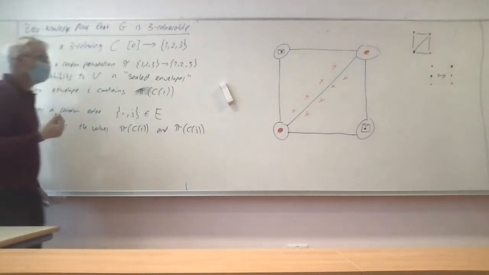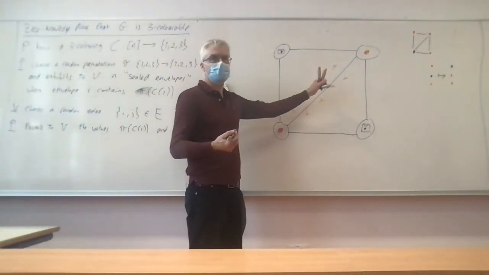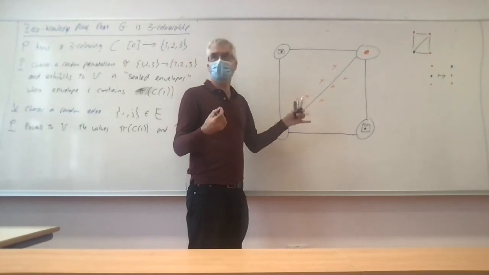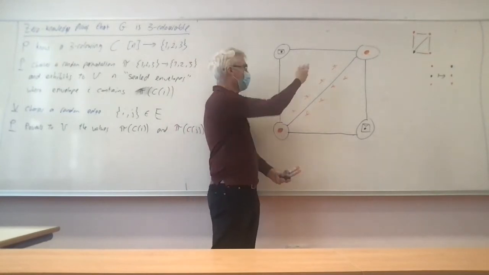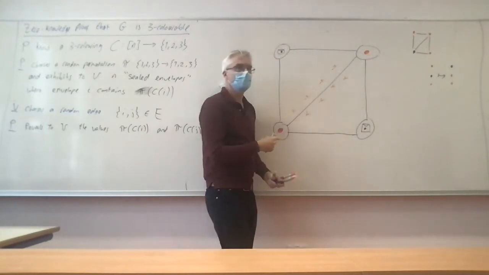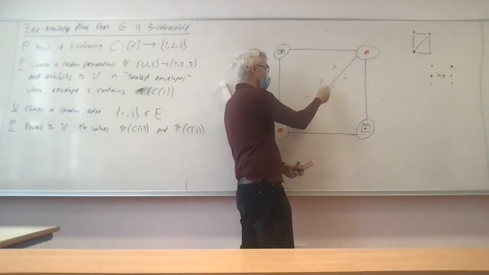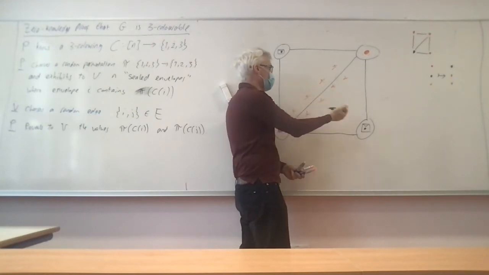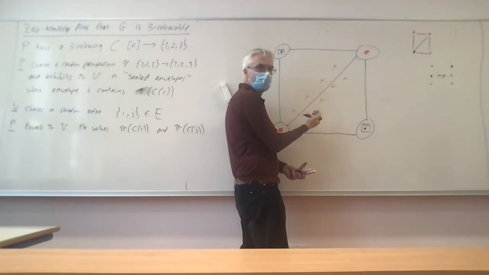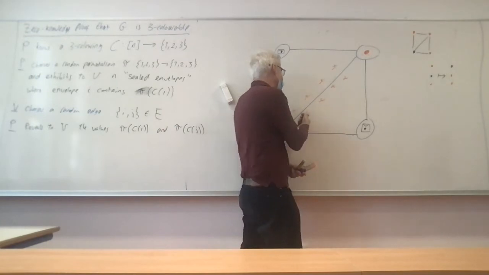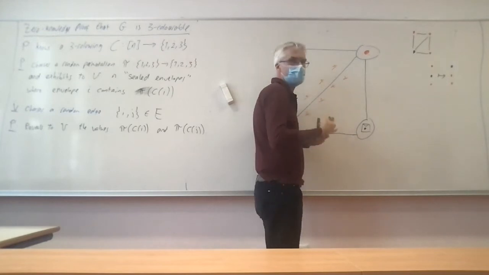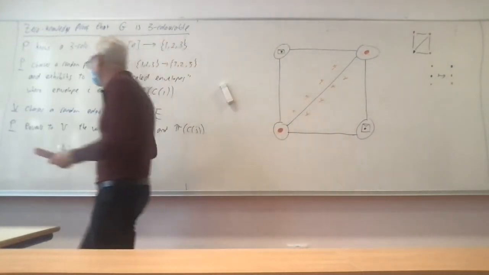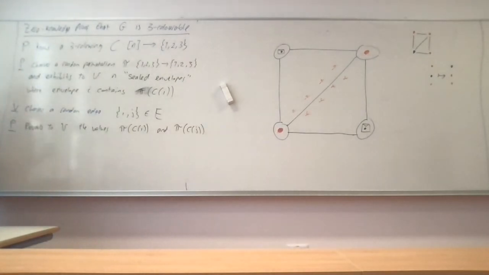And then what V does is V just simply checks, was this plausibly a three coloring? Well, it certainly wasn't a three coloring if these two colors are the same. But if the two colors are different, and we've checked one edge, well, of course, we might have selected the wrong edge, but nonetheless, if the two colors are different, that gives us some confidence that maybe it was a three coloring. Doesn't look like very much confidence, but we'll look at it quantitatively in a moment. So V accepts